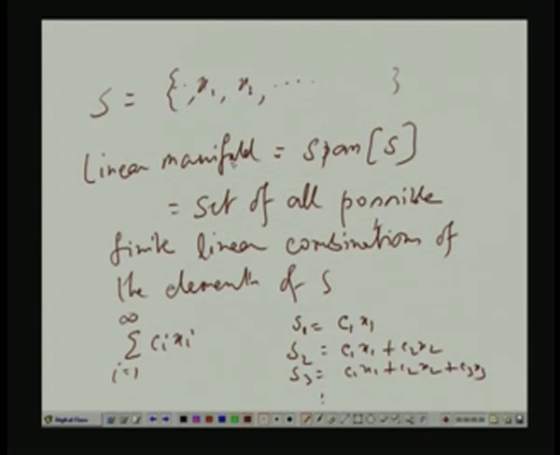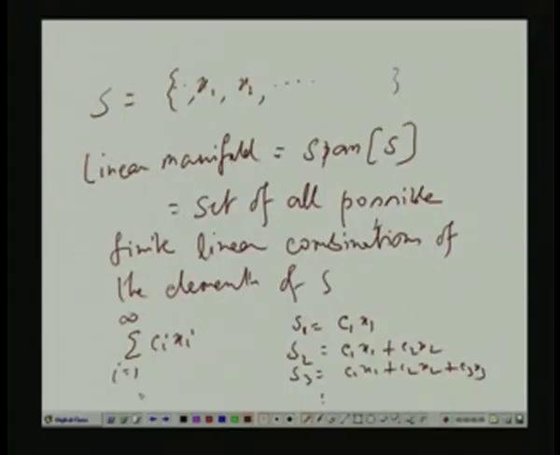Then what we say, we not only keep the linear manifold, we now want to expand it, we want to add some more points to the linear manifold to make it bigger, and those points will be called the limit points. Limit points are what? I cannot give you all the details here, but just for mathematical correctness I am saying all this. Limit point means if you take any converging sequence,